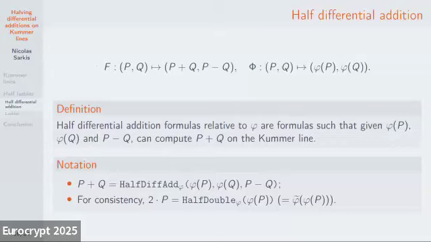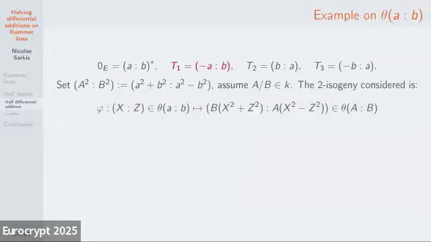So the idea would be to reuse, when you do the doubling, you have to compute your 2-isogeny, and you want to reuse this result to also compute your differential addition. And this is what we denote half diffadd. And for consistency, we also denote half double the composition with the dual, but it's for consistency. So an example of half differential addition formulas,